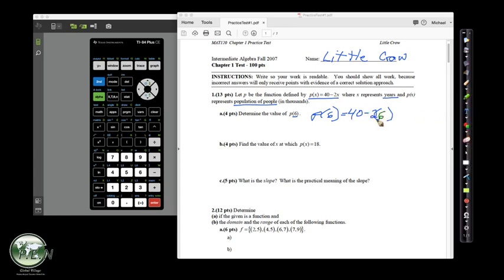So that's 2 times 6, and that gives us 12. 40 minus 12 gives us 28. And 28 what? 28,000 people. Notice our units are in thousands, so we might write that down. 28,000